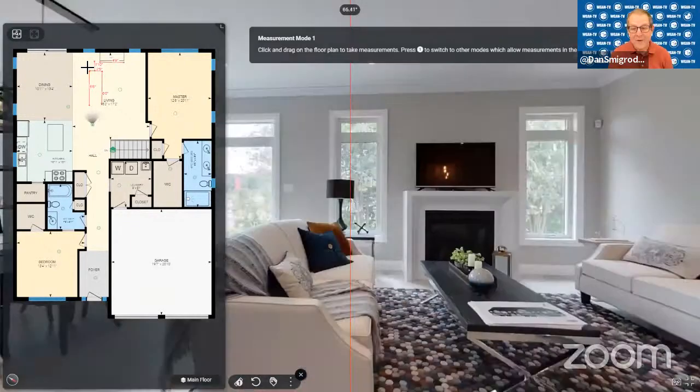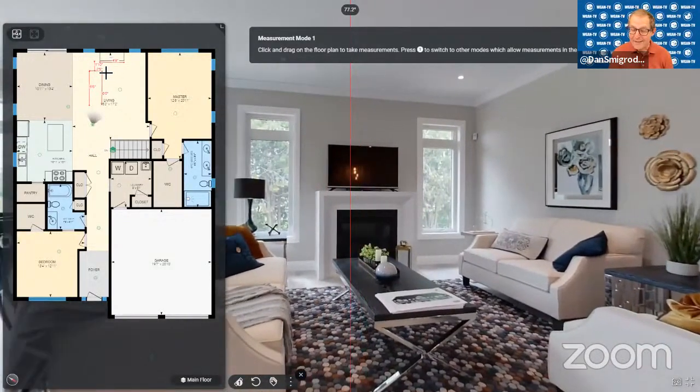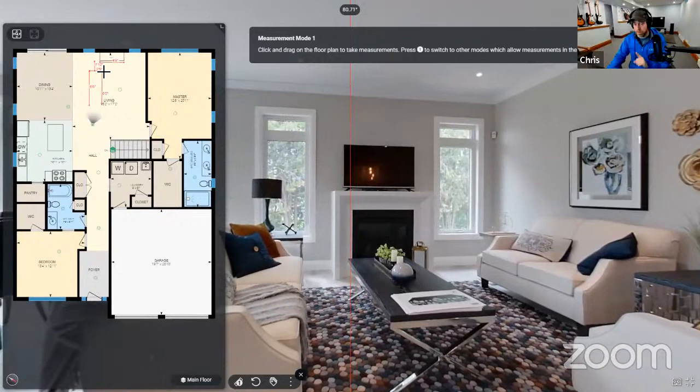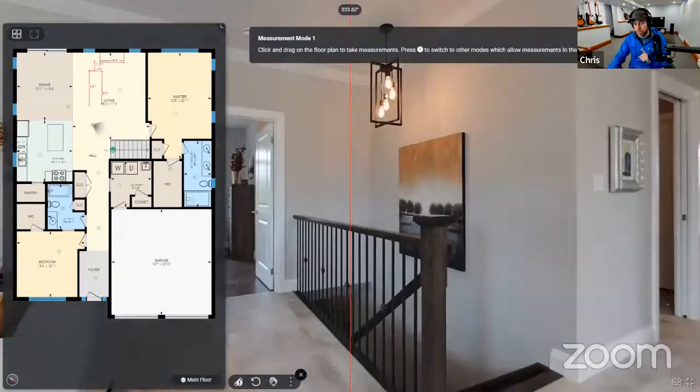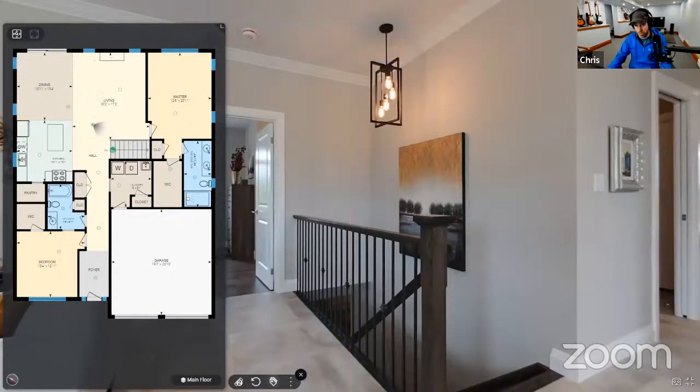If you will. And do I see measurements within the tour itself? Right. So yes. So let me show you. If I go down here, this is a little bit more advanced, but what you have the ability to do is also measure anything you want on the visuals. So I can click on the ruler again, and I'm going to get measure modes 2 and 3. These aren't for the sort of average user. They're a little bit more advanced, but they're extremely powerful. So here, I'll give you a real quick example.